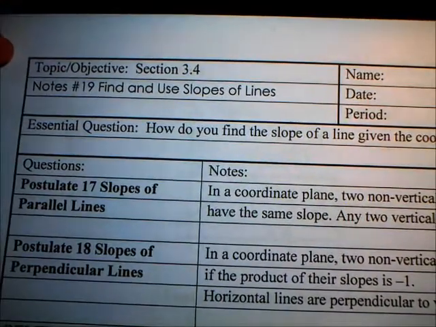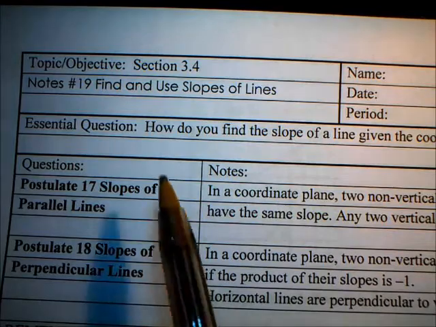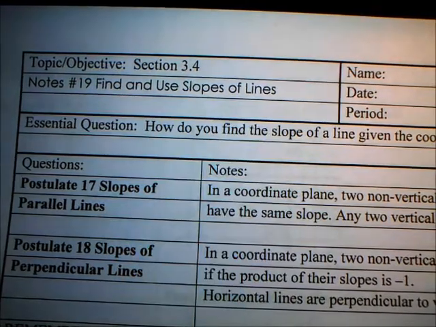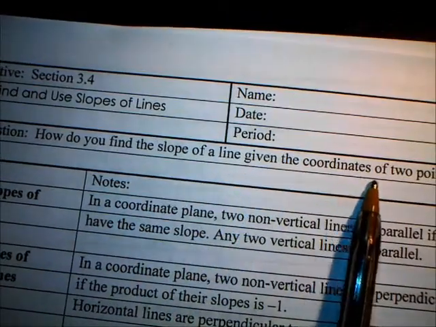Okay, here we go with geometry notes. The fourth one for this chapter, Totes 19, find and use slope of line. So this should be a repeat of something you know from last year. And the question is, how do you find the slope of a line given the points of 2 points on